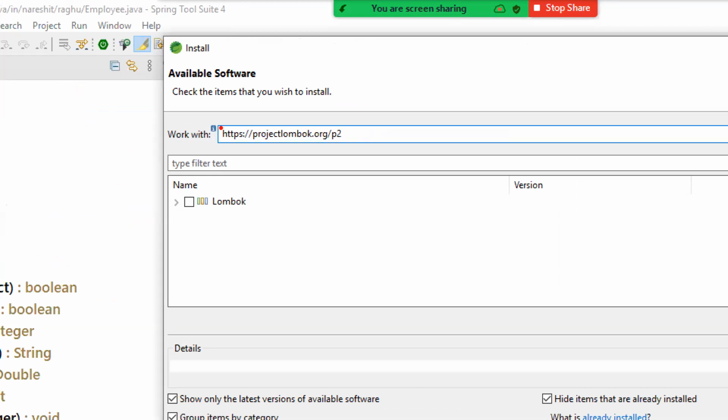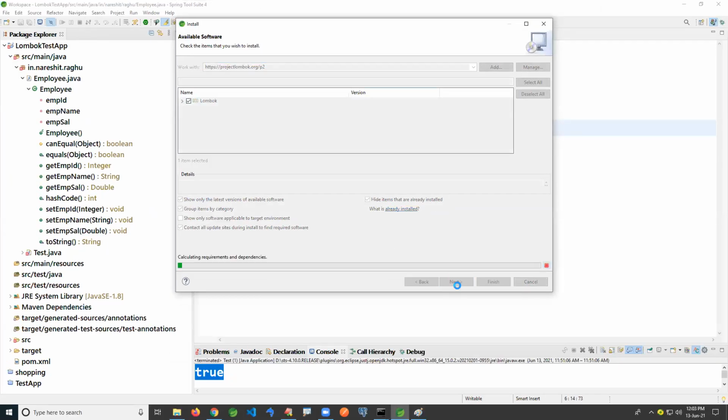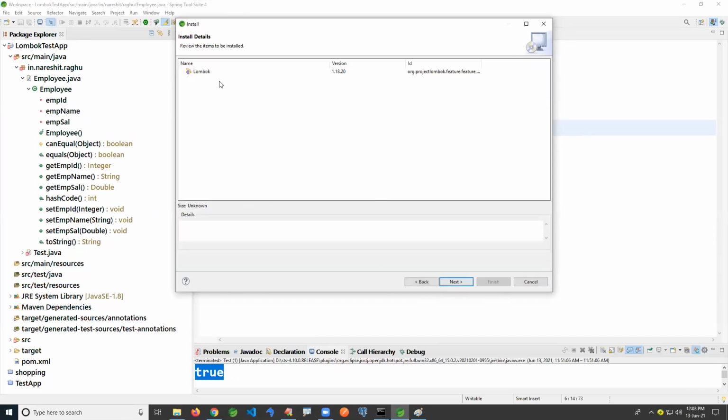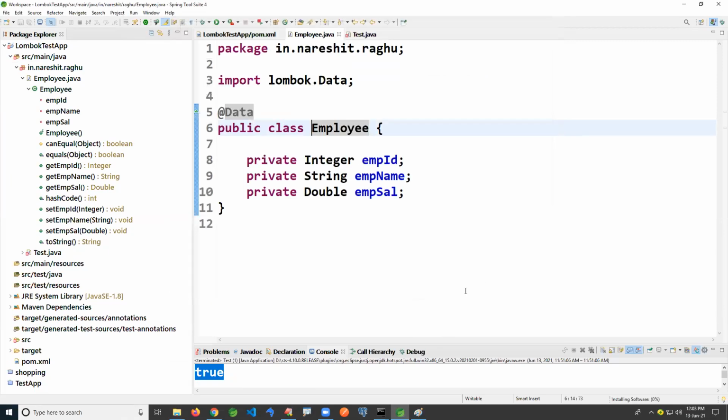This address you need to mention: projectlombok.org/p2. Click on this one, then Next, and Finish. I accept the terms and agreements and Finish. Just restart your STS, that is sufficient.